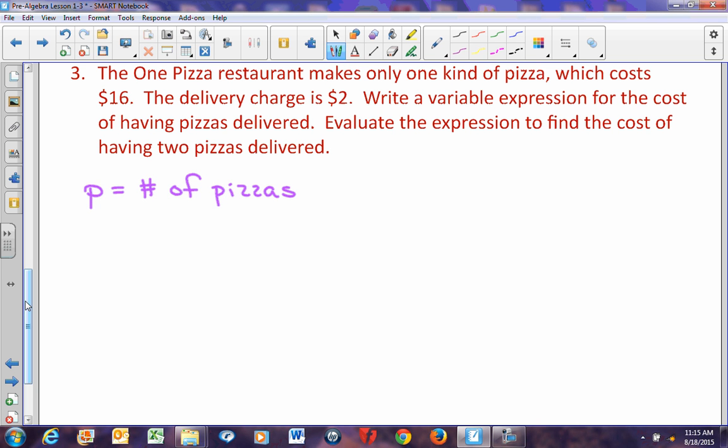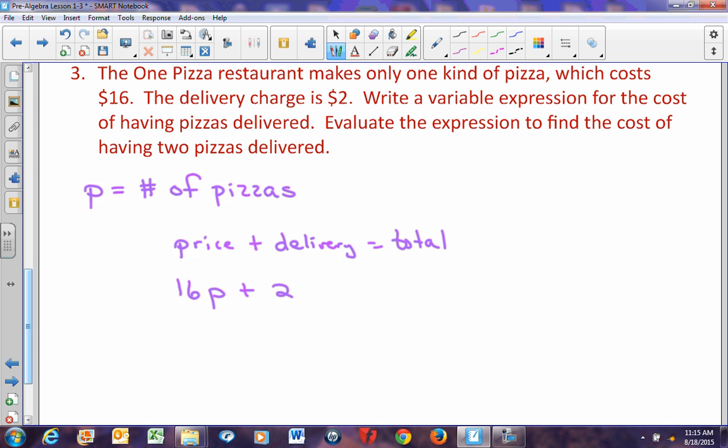So if it costs $16 per pizza plus a $2 delivery charge, it's the price of the pizza plus the delivery will equal my total. The price of my pizzas is $16 times the number of pizzas I choose to buy plus my $2 delivery charge. So there's my